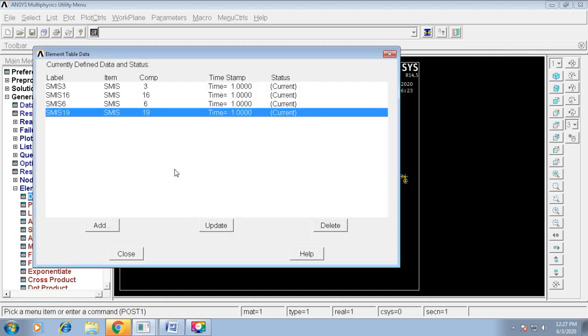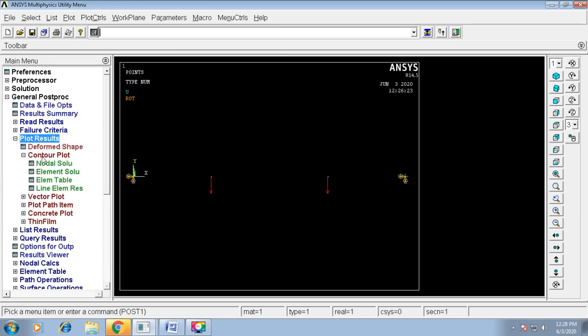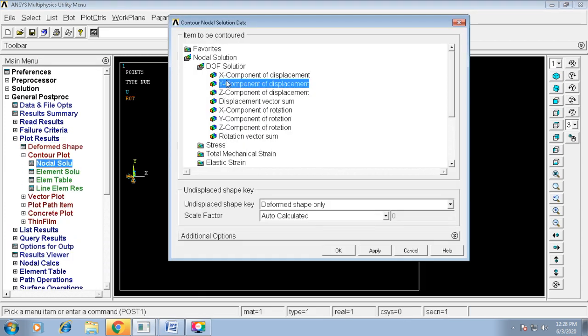Okay. See, I have created the element table, that is 3, 16, 6, 19. Next, I'll close this.